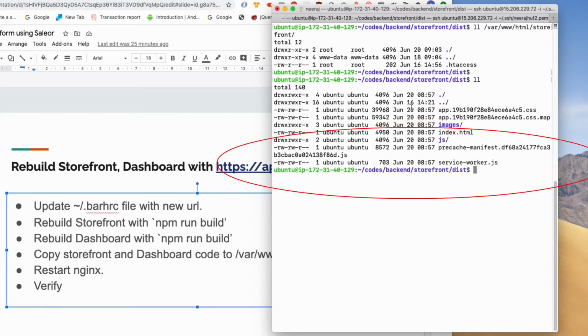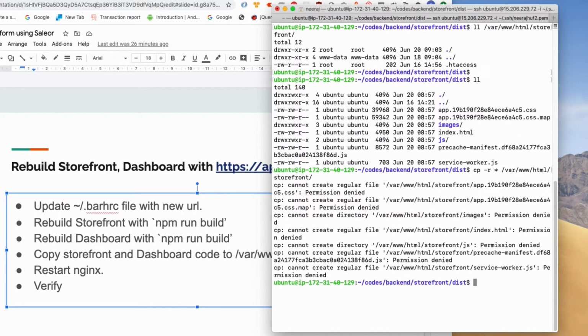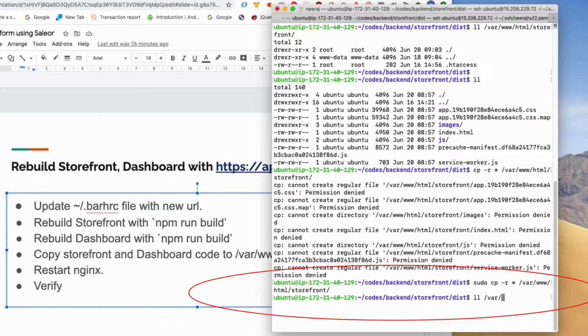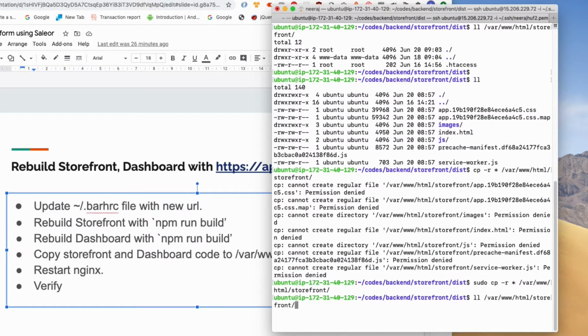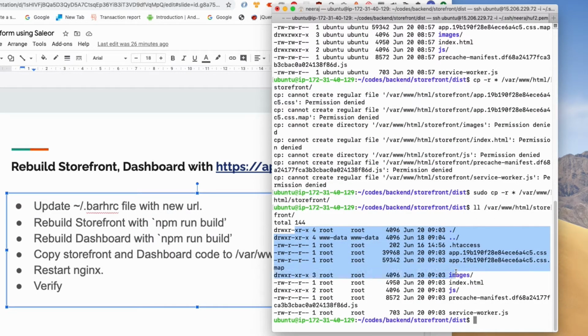I'm copying all the files to www.html storefront. I need to do it with the sudo command. Let's do it. All my files have been copied to storefront.